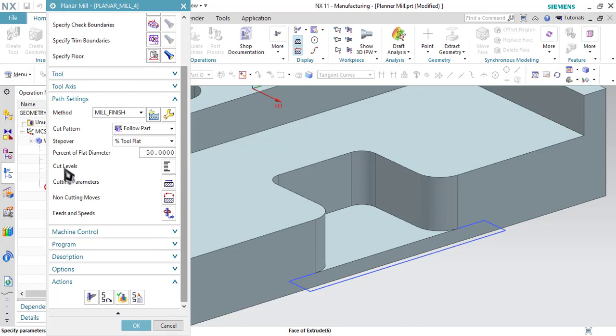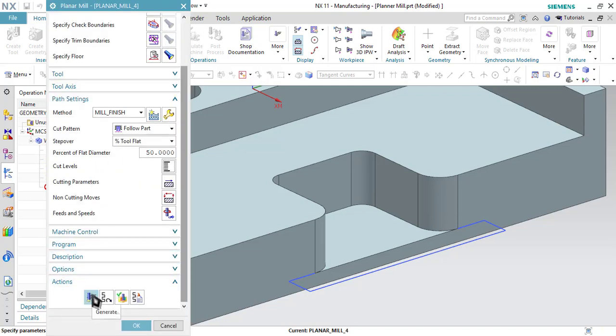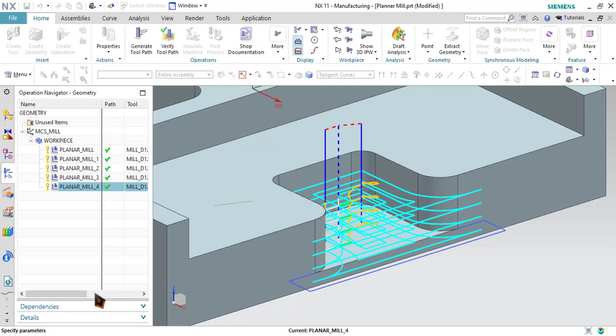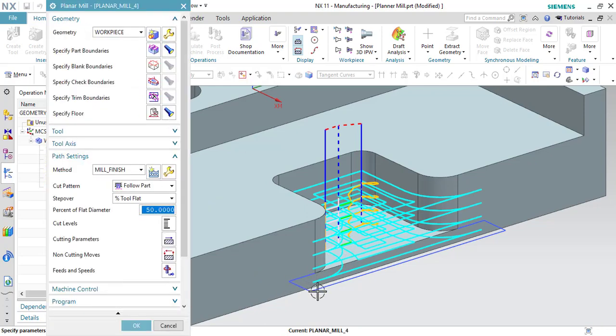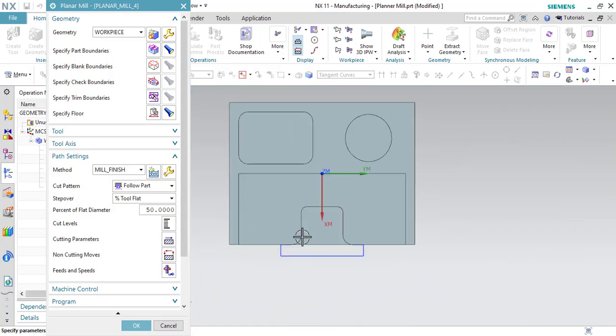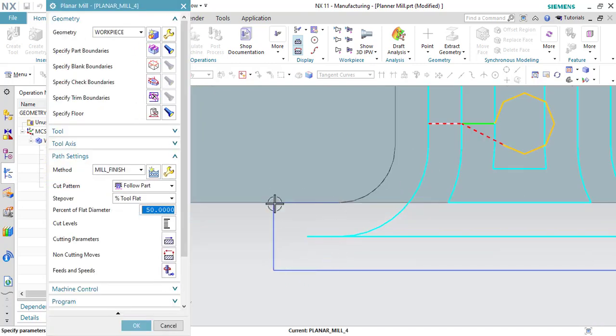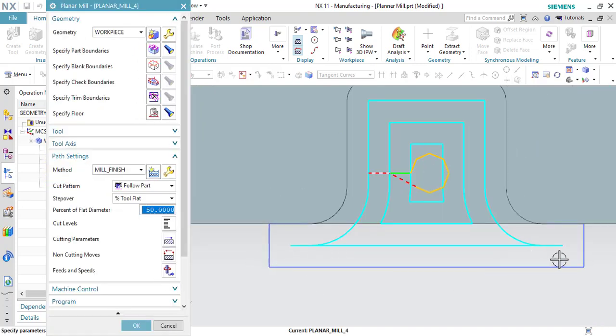Let me just specify the depth of cut, and let's generate the toolpath. Now as you can see, because of this extension of these curves in the boundary, now with the extent of this extra boundaries onto the outer side, we are able to move the tool parallel to these edges like this.